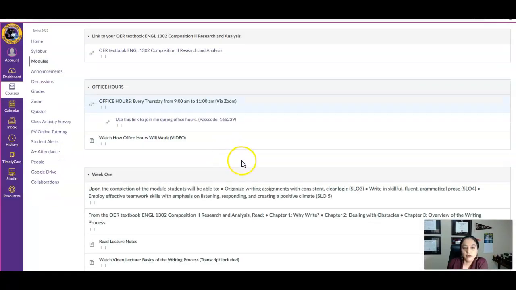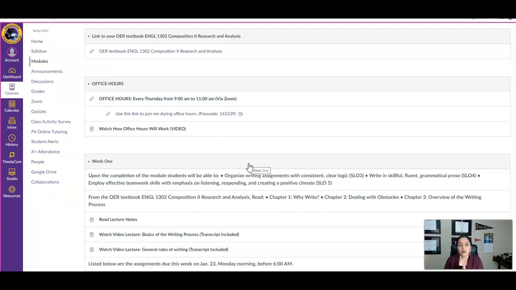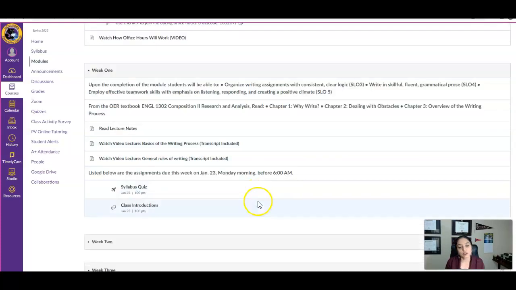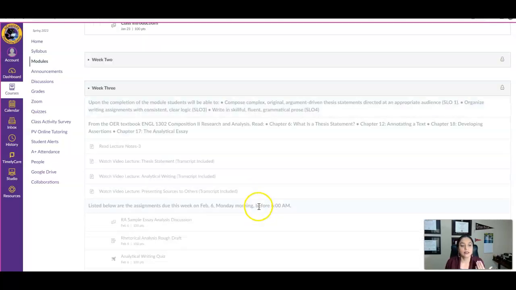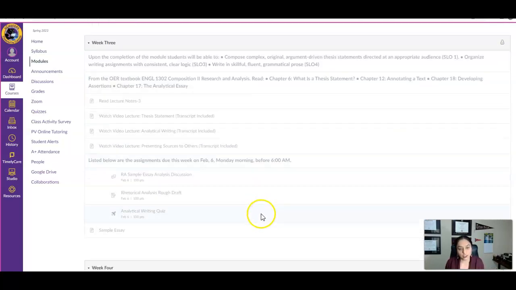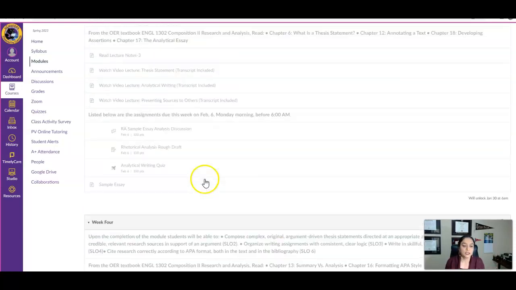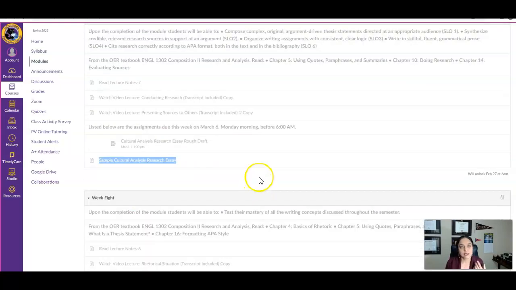I believe I've covered the basics for you to get familiar with how your course is developed and is going to work in Canvas. I'll try to keep it very simple and consistent. Every week the module is going to look pretty much the same, but the assignments, the lectures, the supporting videos, they'll keep changing and we'll keep moving forward into the semester. Another thing you will notice is right here, it says sample essay. I try to provide you with a sample so that you can look at that and have a better idea of what I'm asking you to do.